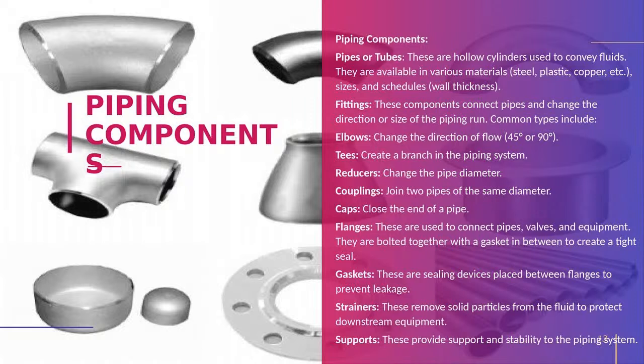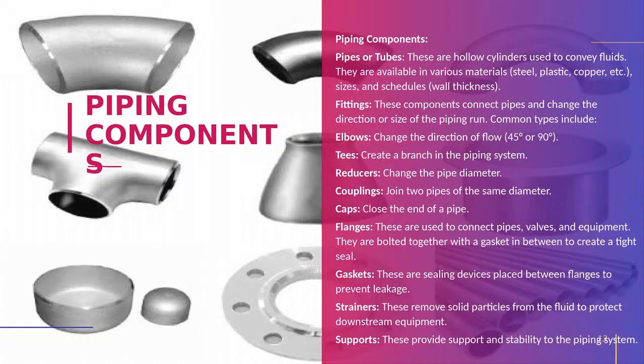First, you see pipes and tubes in piping components. Pipes are a major one. It is a hollow cylinder available in various materials like what we discussed: carbon steel, stainless steel, casting pipes, HDPE pipes, plastic pipes. Everything is available. That we will be seeing in detail: how we are manufacturing the pipes, how we are selecting the pipes, for what service which pipe we are selecting, seam pipe or seamless, or what sizes we are selecting based on the flow and the pressure. Everything we will be seeing in that section.